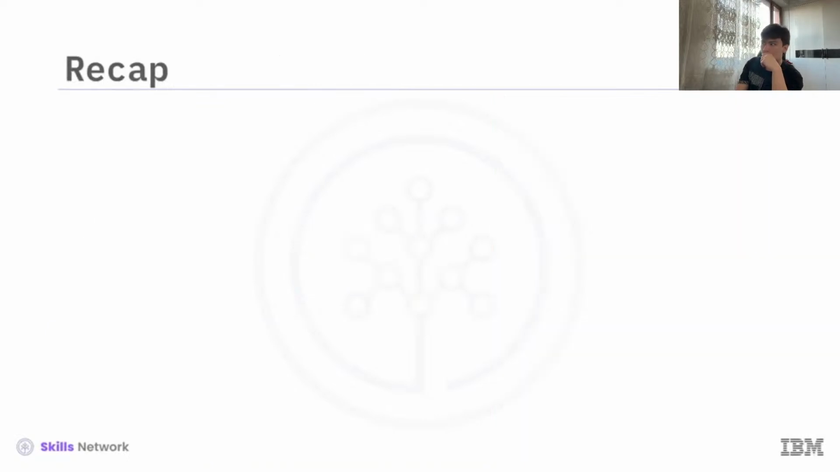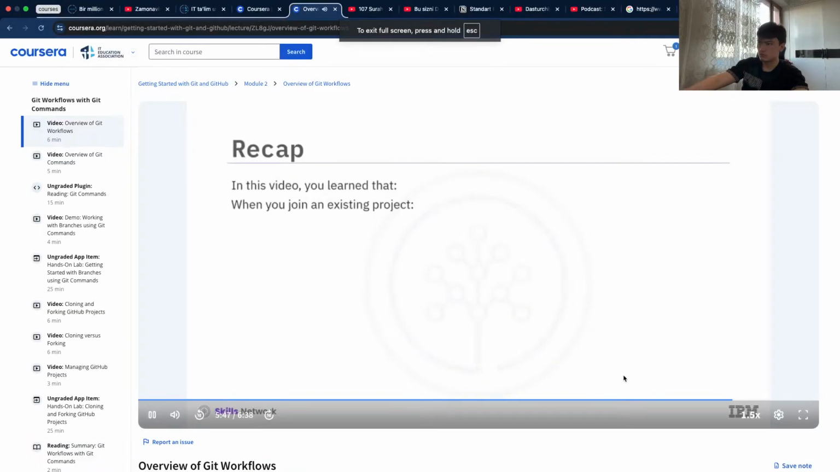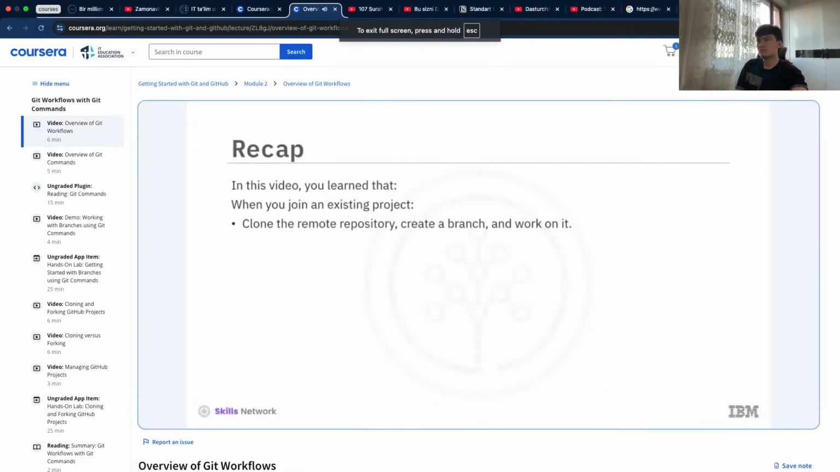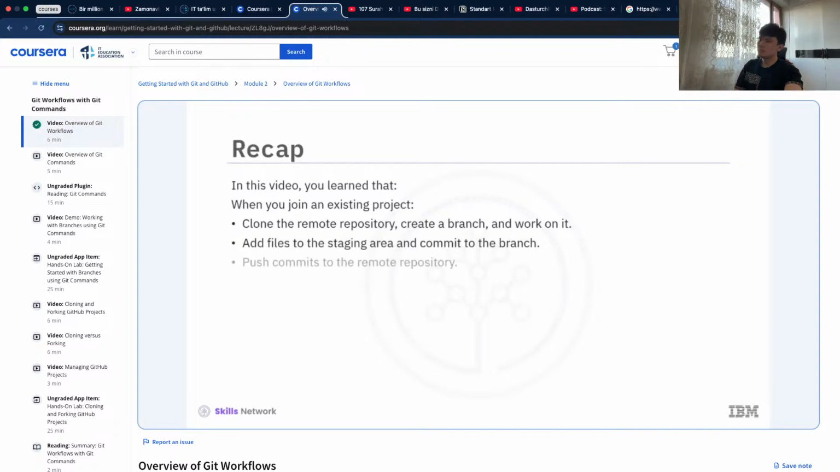Let's now recap what you learned. In this video, you learned about the steps in a Git workflow. When you join an existing project, first clone the remote repository. Then create a branch from the main repository and work on the branch. Add updated files to the staging area and commit to the branch. Push commits to the